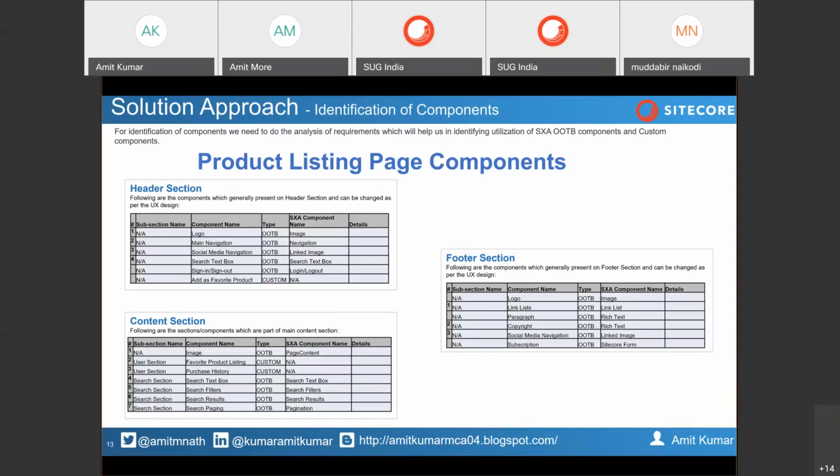Okay. My next question is, if we have a multi-site environment, let's say there are four sites that we are discussing in the discovery phase, and we see two are best implemented in SXA and two are on the custom side, then what should be our approach? Should we go ahead and say we can have a mixed environment?